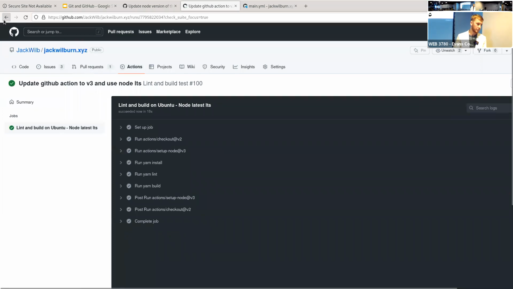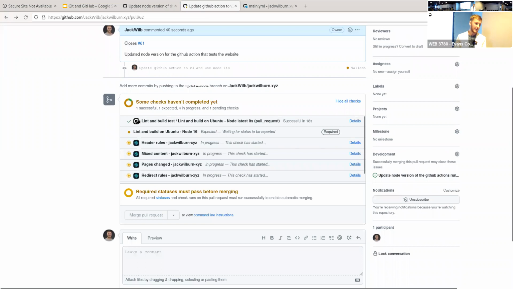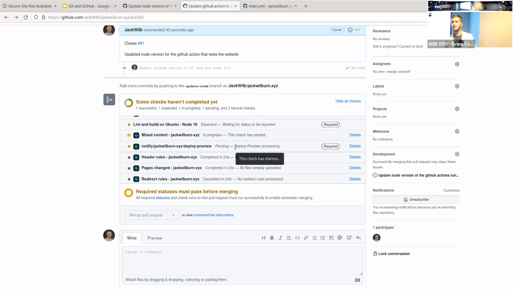And now if we go back to the pull request and I refresh, we shall see that it passed here on the latest LTS. There's some other configuration I need to do, but it's also building the deploy preview down here as well. So using GitHub Actions and all this automation, I managed to update my test, run the test